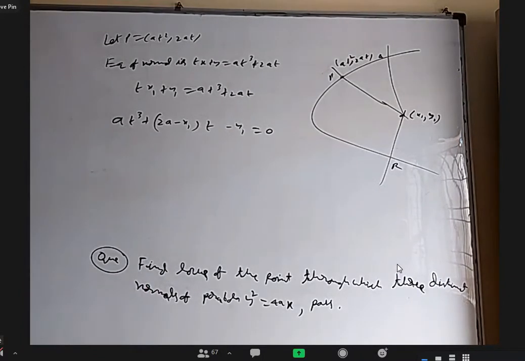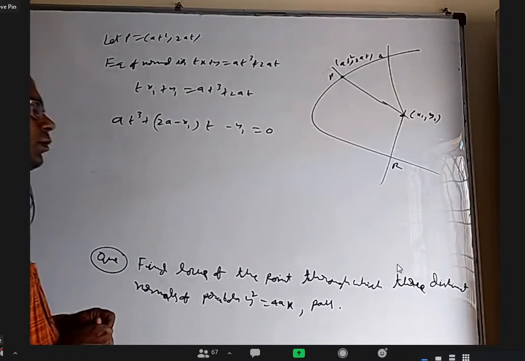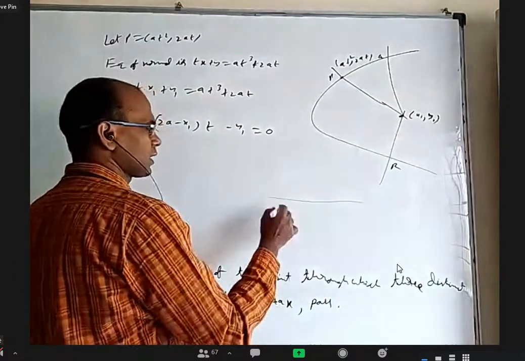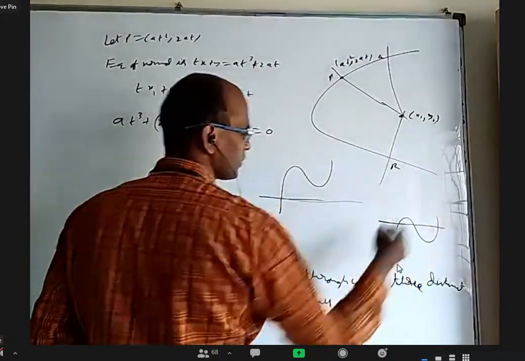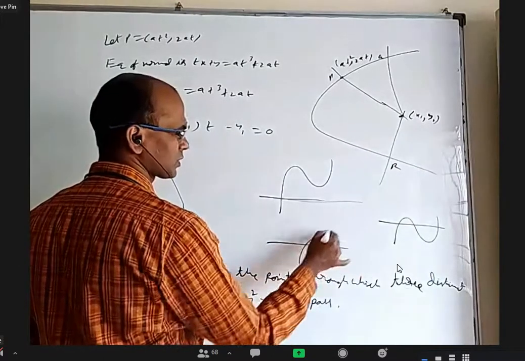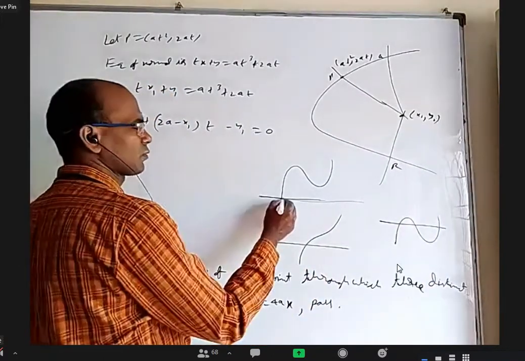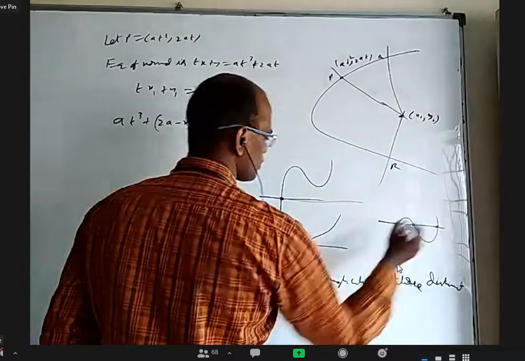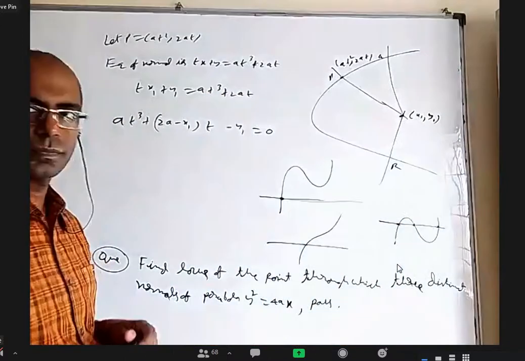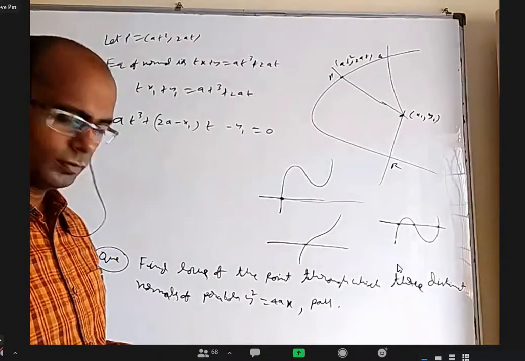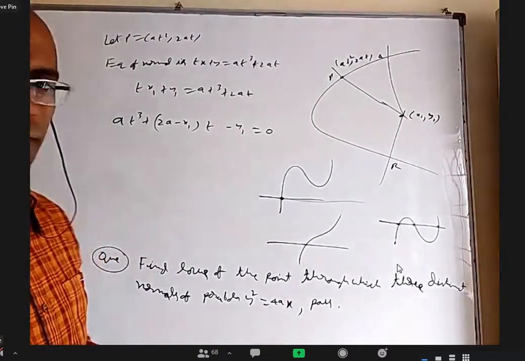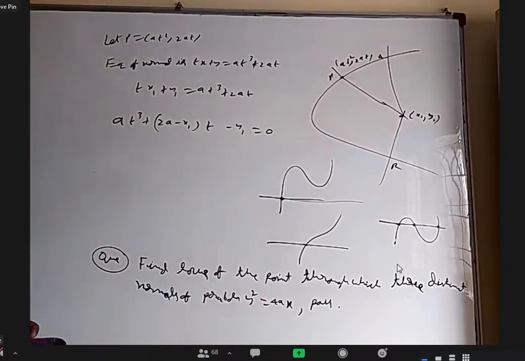Sir, first order derivative and second order derivative. Because some cubic equation graphs will be like this, some like this, some may be like this. This is having only one root. This is having three roots. This is having only one root. I'm sure you remember some graphs like this, right? Yes, sir. Okay. Anybody remembers the procedure? How to verify that a cubic equation has three distinct roots?